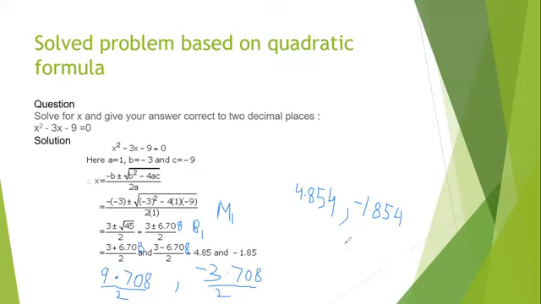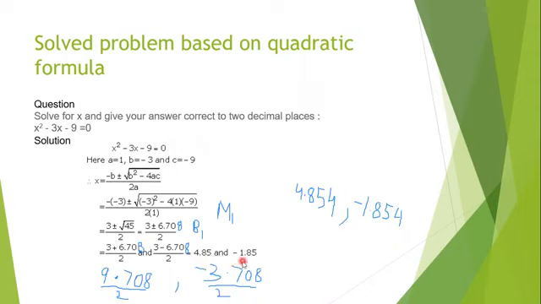And in the question it was given, give your answer to 2 decimal places. That's why it is very important to find out the answer up to 3 decimal places and then round it off to 2 decimal places. Remember this thing, the final answer is